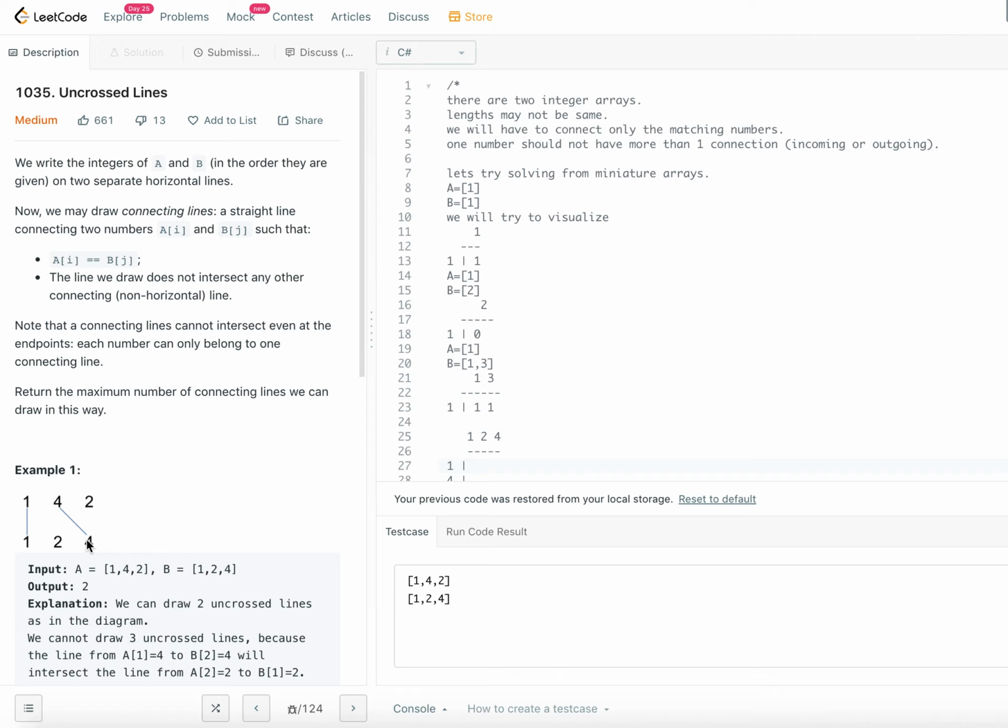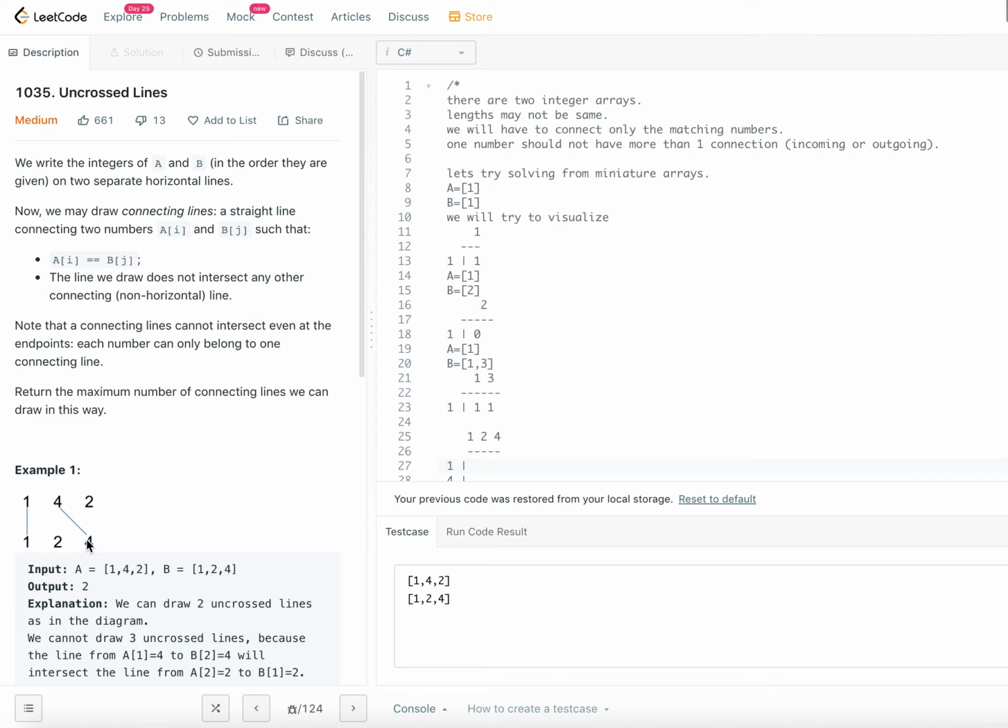So what we are going to do here is, we will take a few examples and try to develop an algorithm out of that, okay? So how we are able to connect, and then develop an algorithm from that, right? So at the end, we are going to solve this problem with the dynamic programming paradigm.